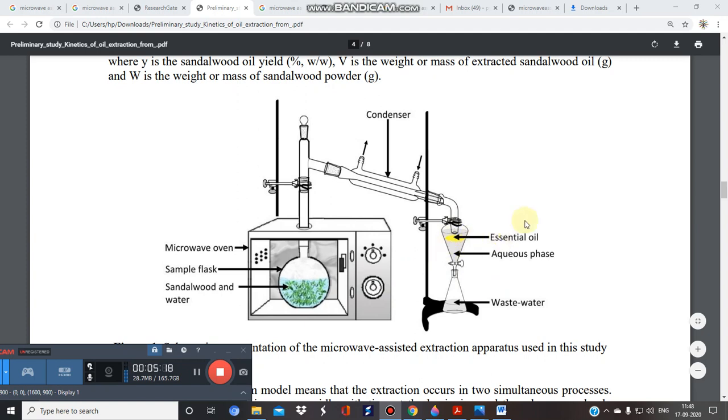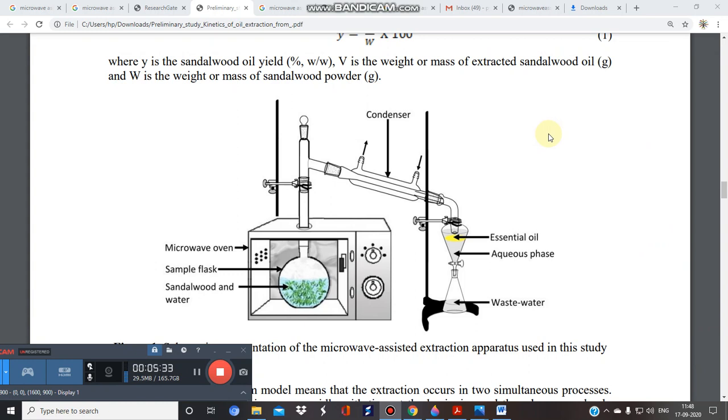Here you will collect your oil over your aqueous phase, and this should be subjected to identification using chromatography and further spectroscopic analysis like UV, IR, NMR and mass spectroscopic procedures. So I think this is clear.